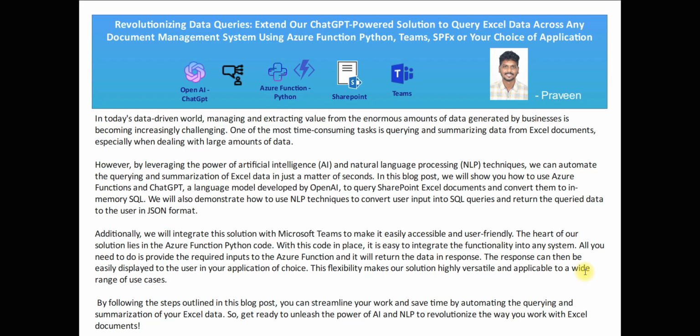This solution is highly versatile and applicable to a wide range of use cases. In this solution, we leverage SharePoint as a document repository to query and extract data from Excel documents. However, it can be easily extended to work with other document management systems like Box, Google Drive, or even on-premise file servers. To extend this solution to work with other systems, some changes need to be made to the Azure